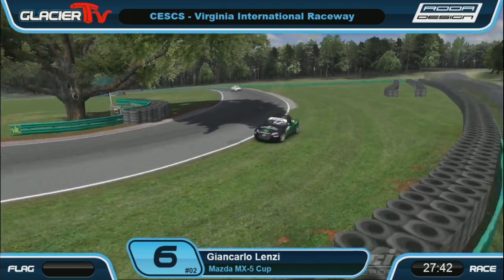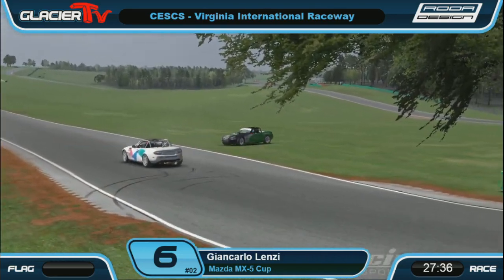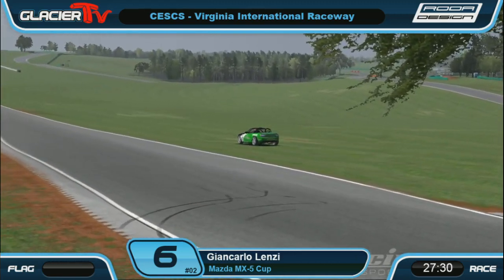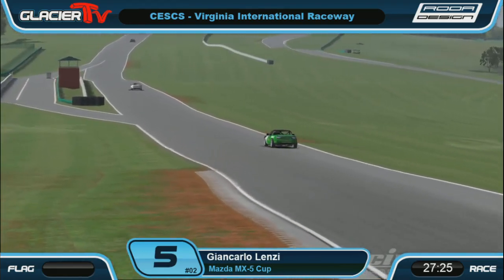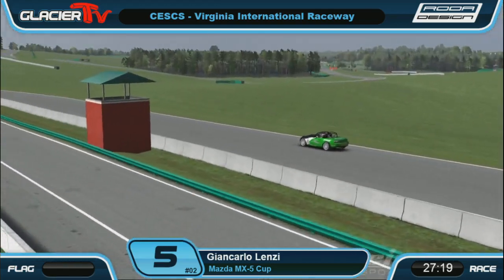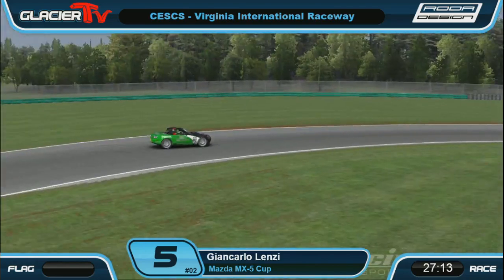Well, I don't think Lenzi did anything wrong there. Yeah, well, I'll take that back. It was the car in front of Lenzi who just had it sideways going around the Oak Tree. Lenzi had to dodge him to the slippery grass, came back, thought he was safe, went on the throttle, just slid his car around again, and the car behind him just had nowhere to go and slammed right into the nose of Giancarlo Lenzi. And once again, Antoman has had a black flag, so it looks as though race